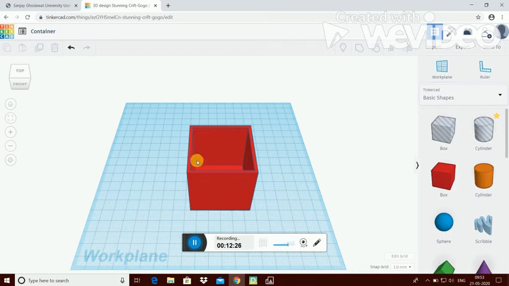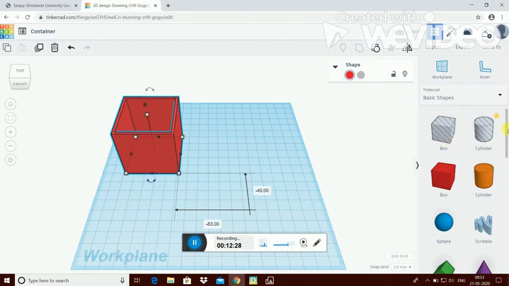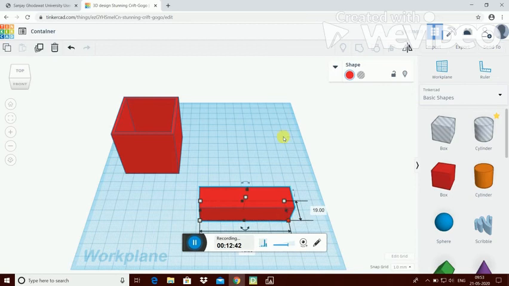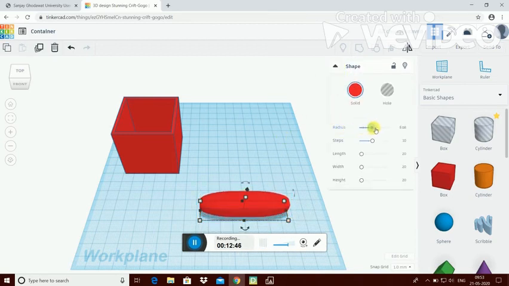Understood? Suppose some shapes are not there. If you want some shape, like a cylinder type, this cylinder is another one. I will show you which cylinder. You can change the length of this, go to shapes, and you can check the radius and all.